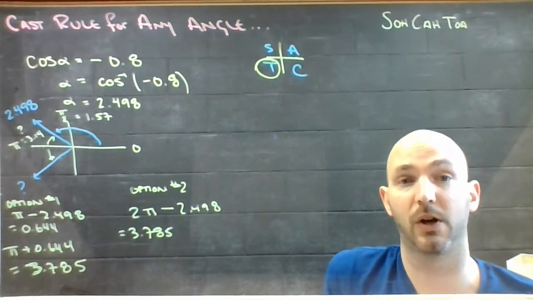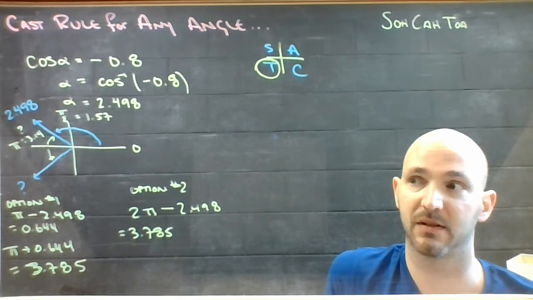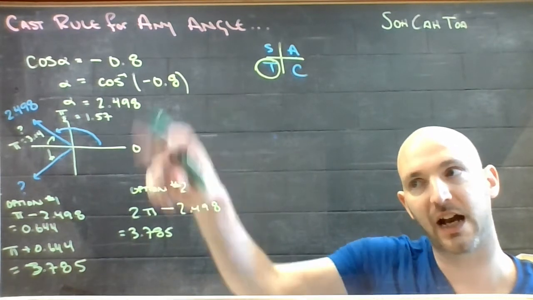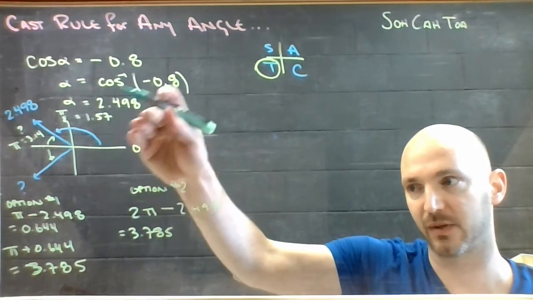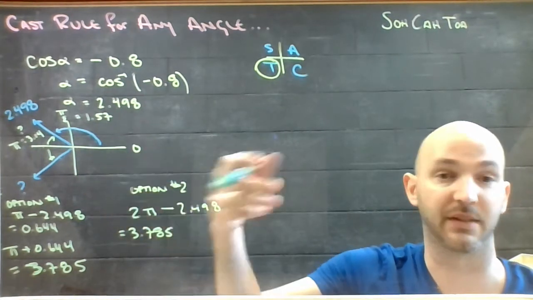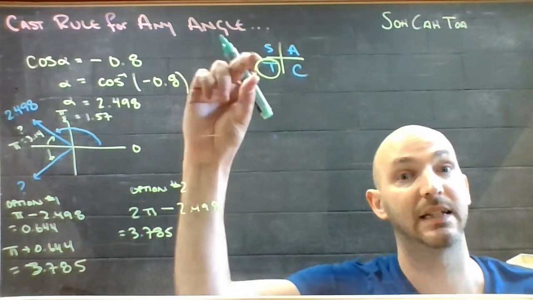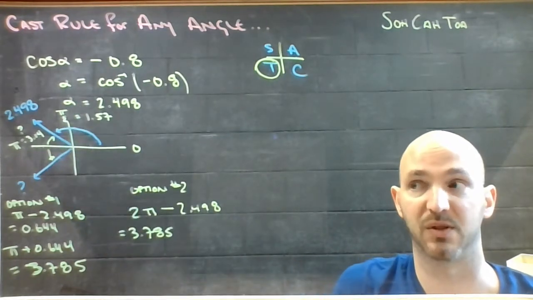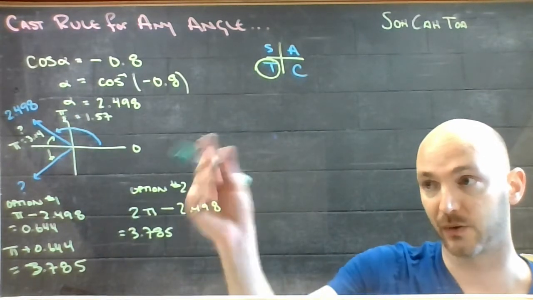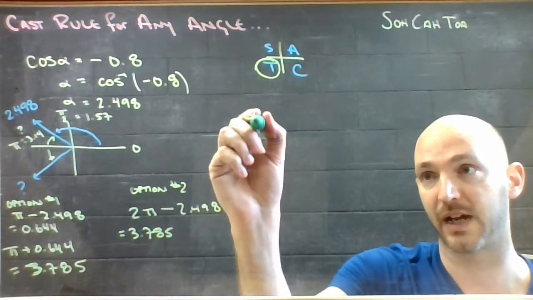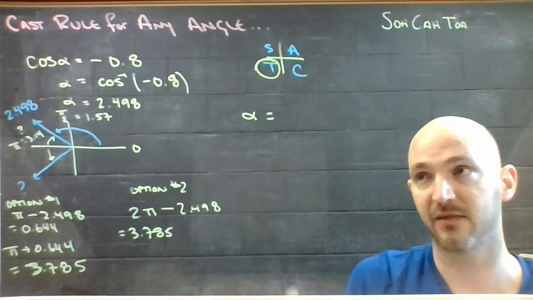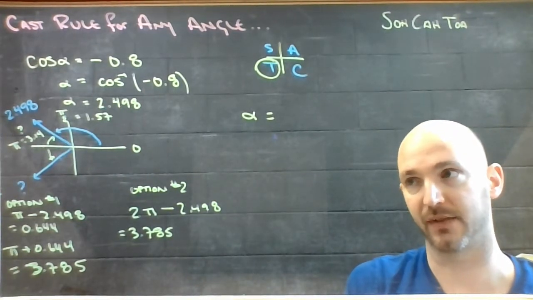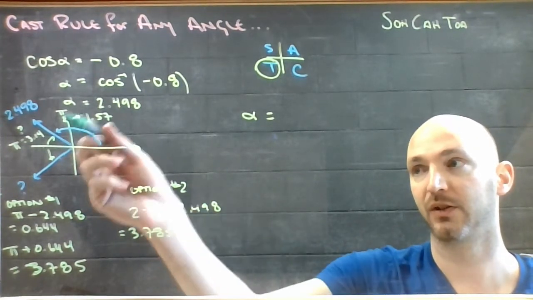Now, that's a lot of work in order to find 2 family members, but fortunately, I don't have to find the other 2. I guess accidentally this one is 0.644 and this one is, who cares? Because the two I needed were the two that were in those two particular quadrants. So I'm done now. My answers to this, the angle that returns negative 0.8 as a cosine value is either